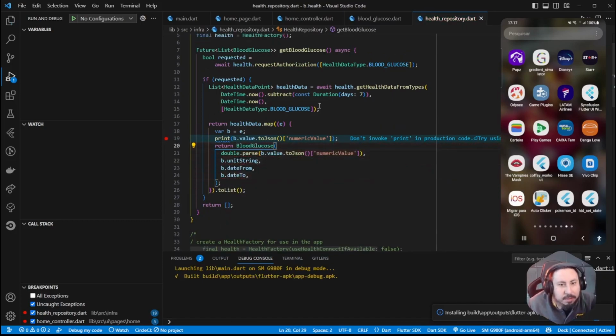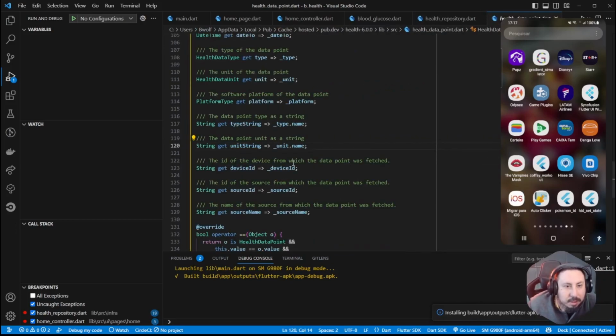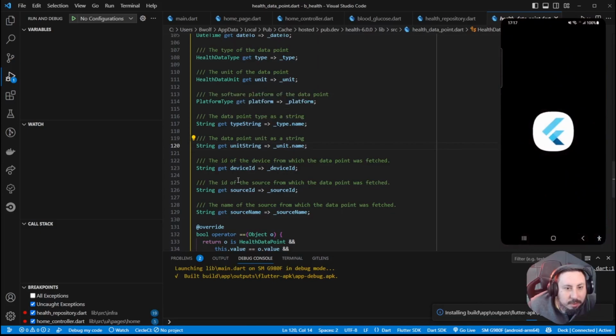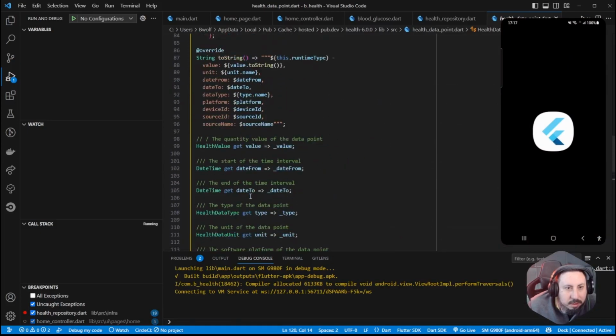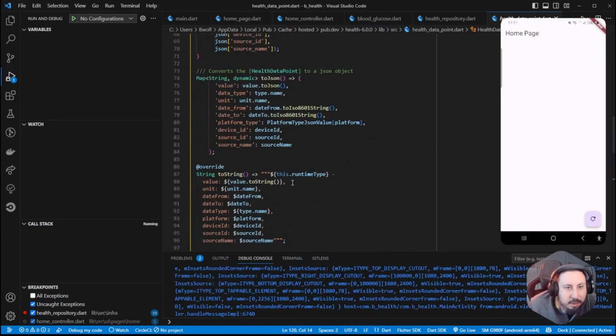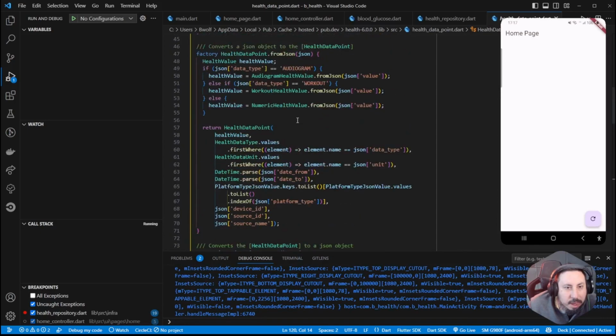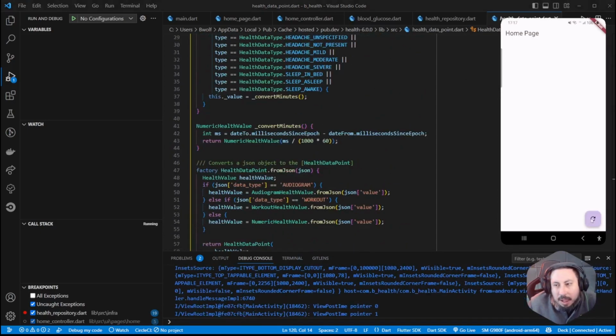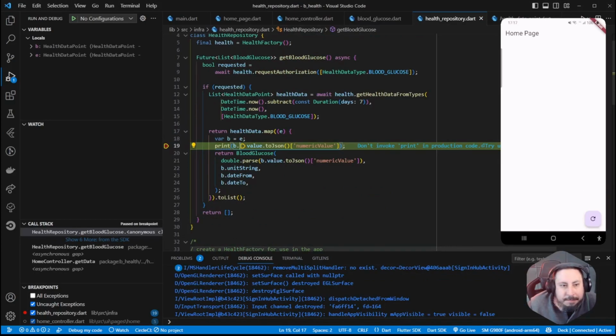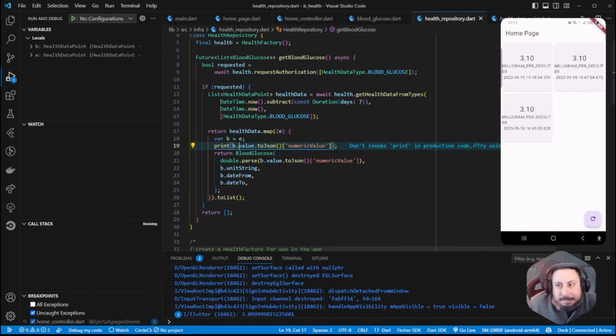No, we don't have other value. Or maybe yes. Source name. Yeah, with this parameter we have just the milligram per deciliter. Okay, I guess